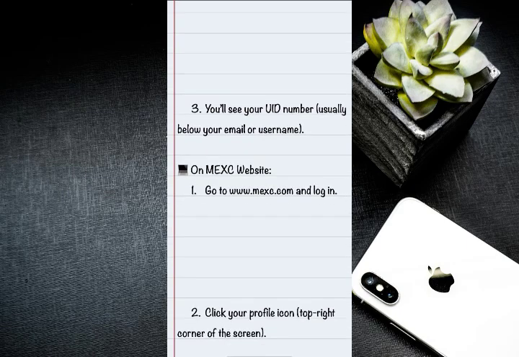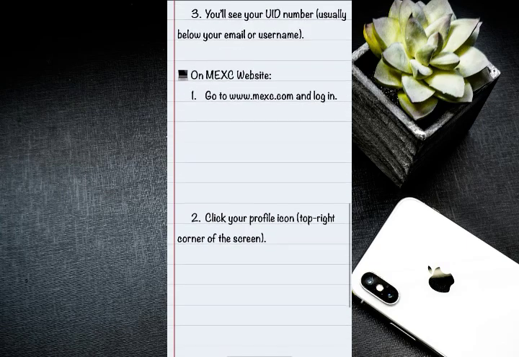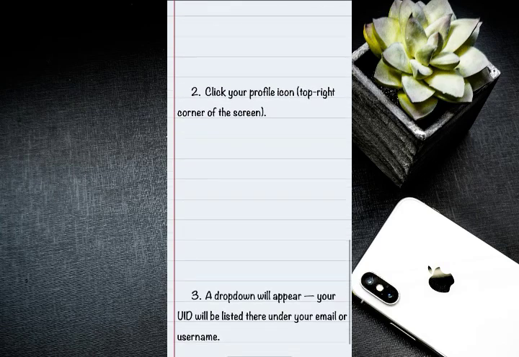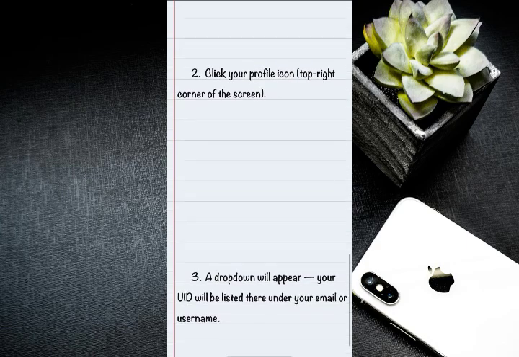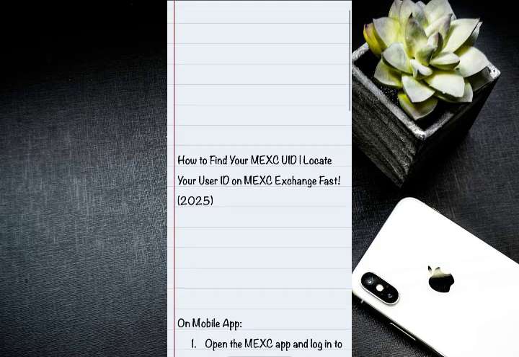Then if it is on the mobile website, just go to www.MEXC account and log into your account from there. Then click the profile icon, which is at the top right of the screen. Then a drop down will appear. Your UID will be listed under your email or your username, and that's how you can locate your UID on